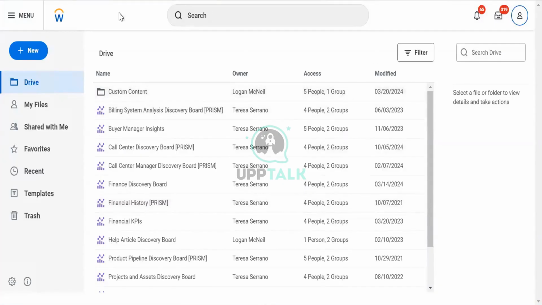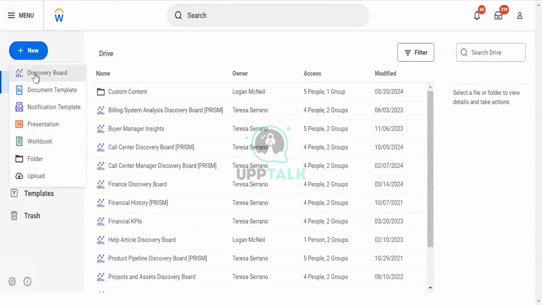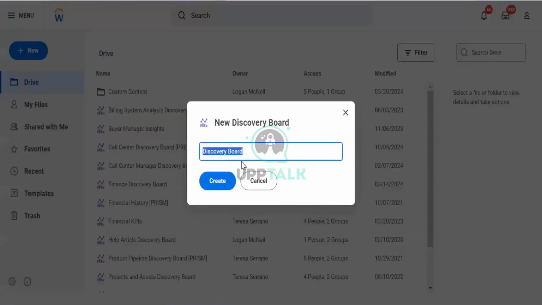To create a new discovery board, I need to click Create New. I'm getting different options: discovery board, document, template, notification, time representation, workbook, folder, upload. I will go to discovery board. It will ask me the name. I will mention DB worker data. This is the name I will create. Once I create it, it will take me to the